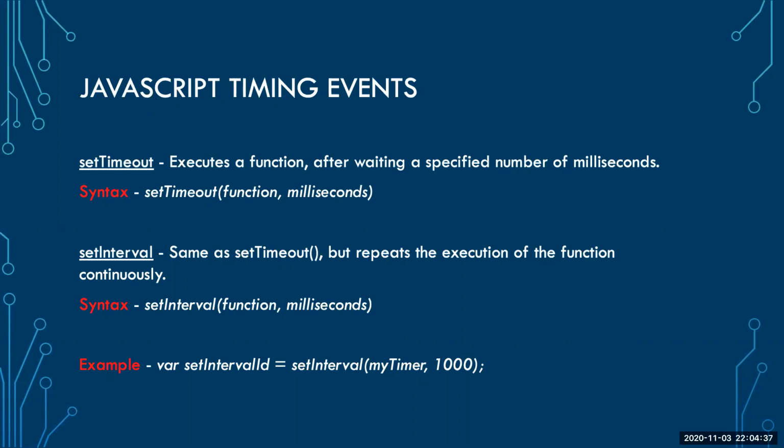The other use case is, let's say you wanted to execute something from the server at a certain duration. It's something similar to a process builder or time dependent workflow, which runs at the back end. But set timeout and set interval help you to execute on the client side. These are the two use cases which I can think of, and I have used both of these in my project, which I'll show during the demo. But that's a high level explanation of the timing events.